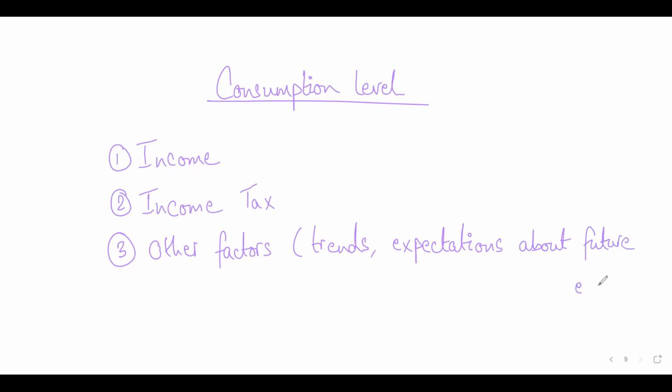Now think about this. Why did we identify these factors that affect consumption? Because now we are about to look at the consumption function. C is the total amount of consumption that someone undertakes. Now there is C naught, and I'll tell you what C naught is. And then there is C1, where the dot means multiply. So the equation that I've written over here is your consumption function. Now this might look like a very new thing to you, and it might not explain anything on its own, so let me explain it for you.